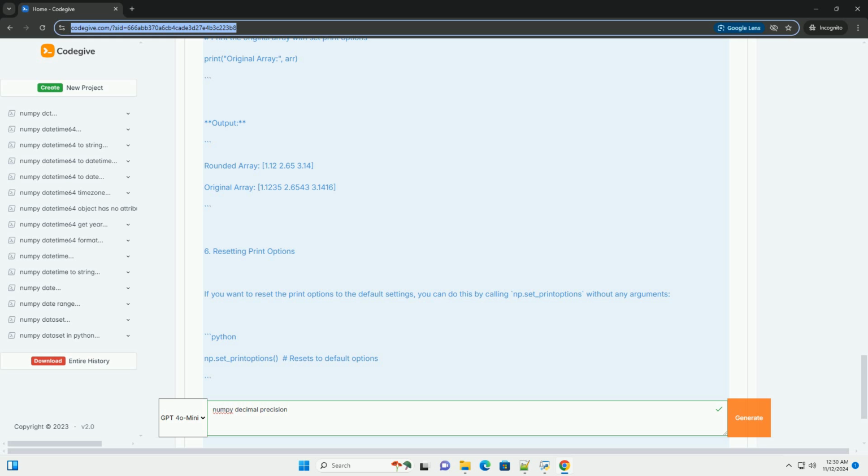#3. Using np.set_printoptions. The np.set_printoptions function can be used to set the precision for all NumPy arrays printed in your session. Here's how to use it. Output: